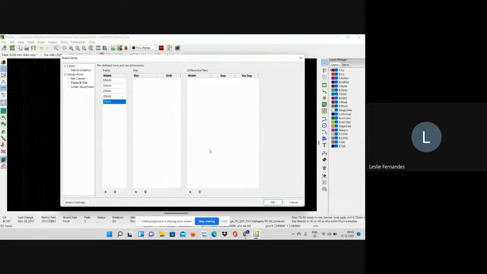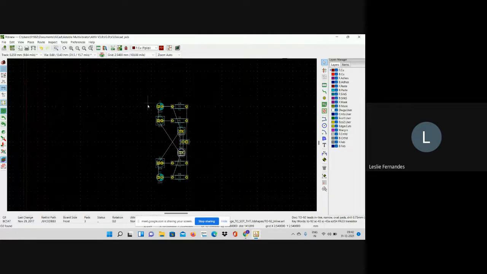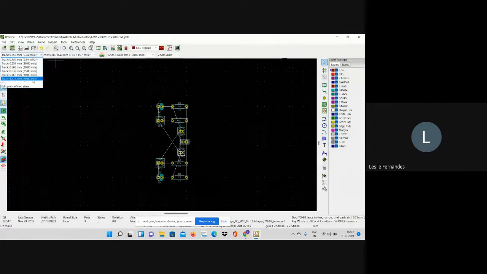So all these track sizes I've given, and you can select any track size you want.